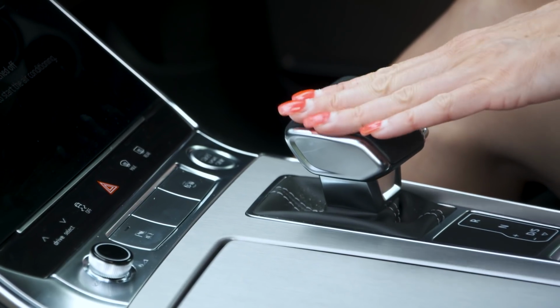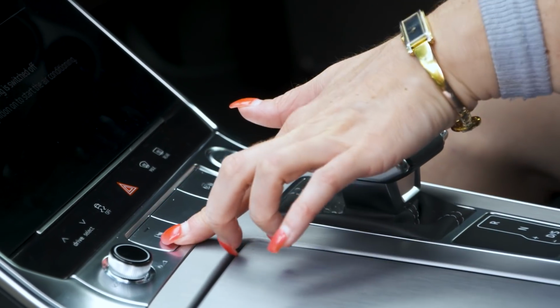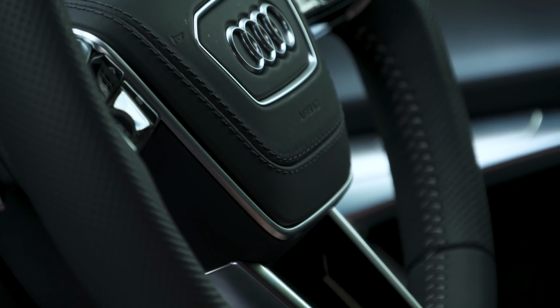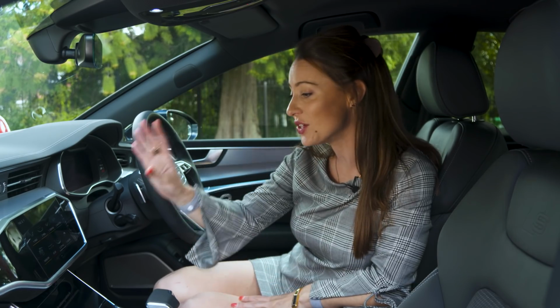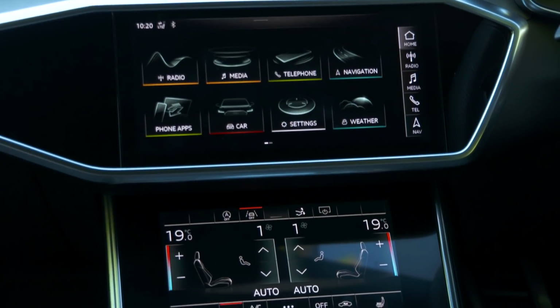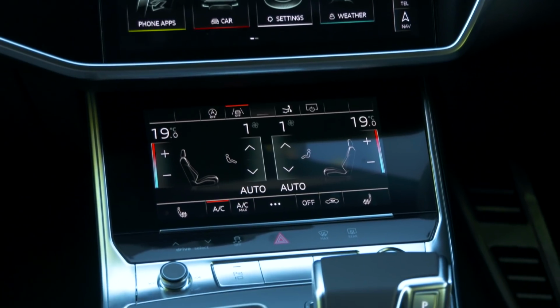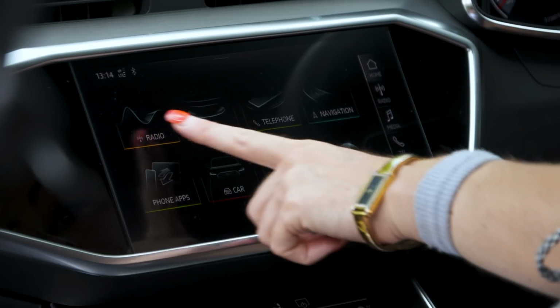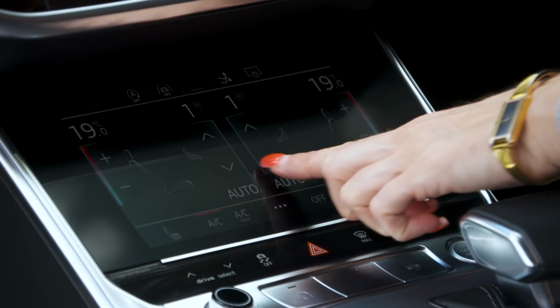There's soft touch materials, slick switches and chrome surrounds that give it that opulent feel. The A7 borrows its infotainment system from the A8, which means you get 2 screens. The top one for the radio and sat-nav and the bottom one for climate control. On the downside, there's 2 screens to learn, but on the upside, the climate control is separate and therefore easier